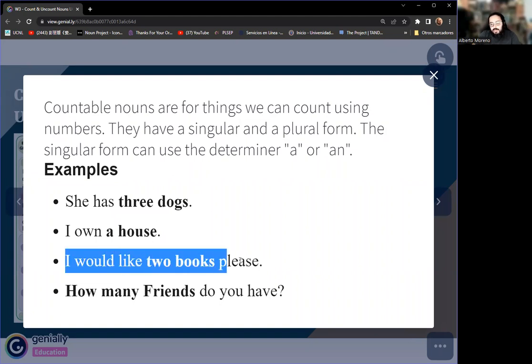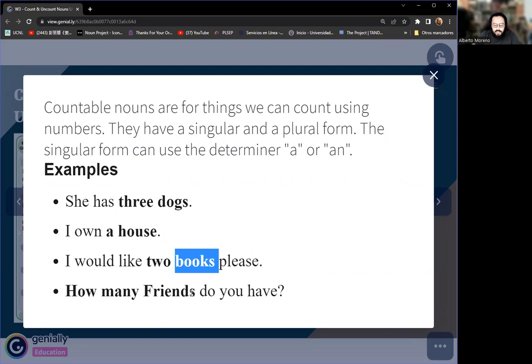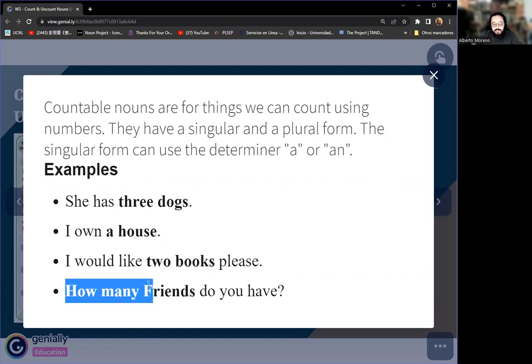I would like 2 books, please. 2 books. Books is the plural for the countable noun book. And how many friends do you have? In here, we are using the question how many, that is used only with